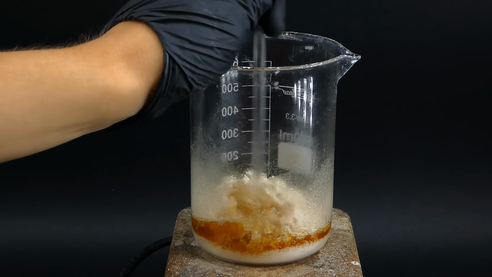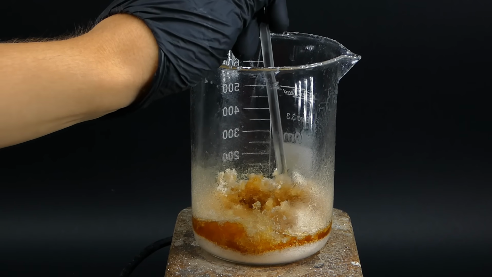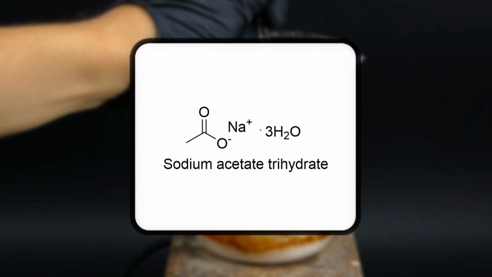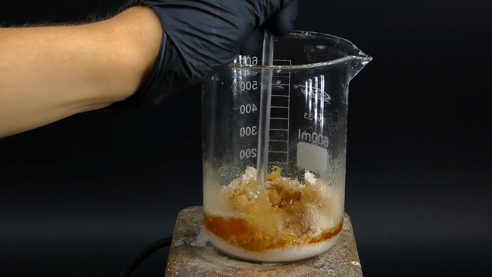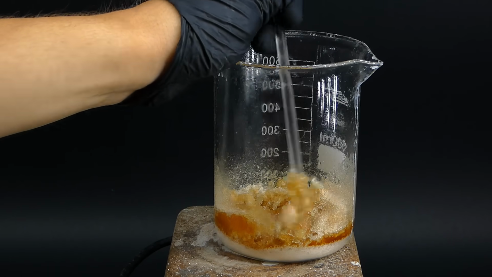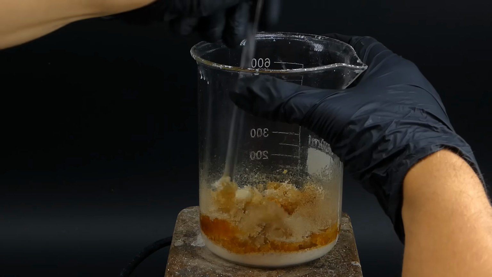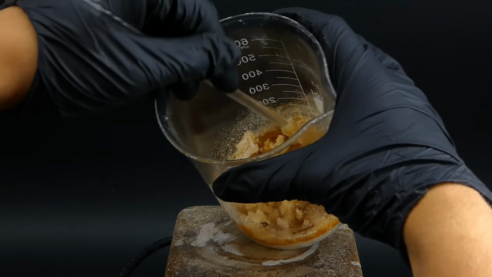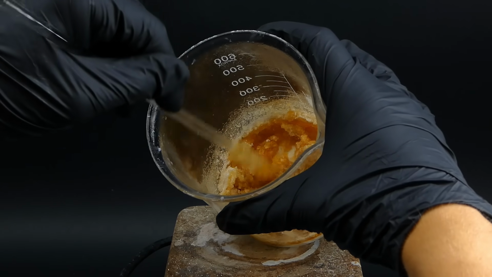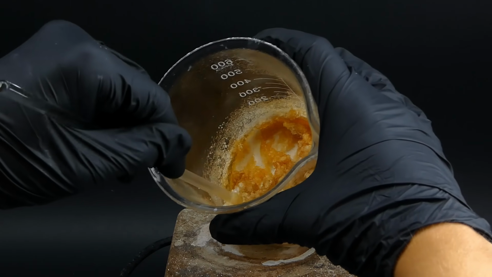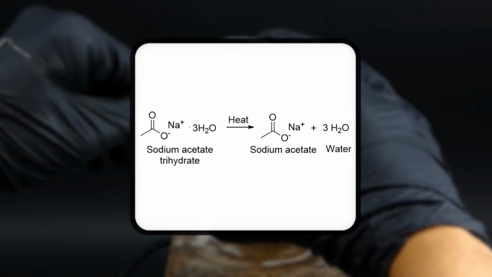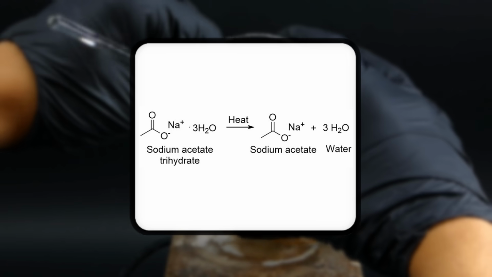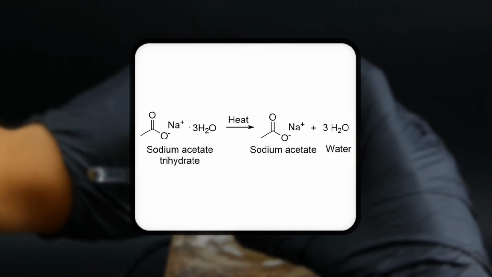At some point a lot of white stuff crashed out of it. It is probably some sodium acetate trihydrate, but when it comes to making glacial acetic acid, the sodium acetate has to be completely anhydrous, and to get rid of all the water, I need to heat it up to a very high temperature. This rips all of the water from the sodium acetate, leaving me with some pretty pure and